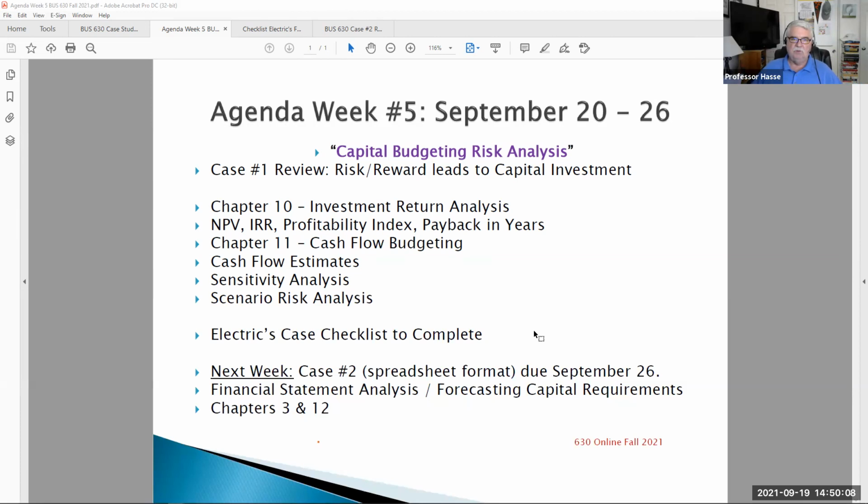Before we get into that, we'll review one more time case number 1, our risk reward, which leads to capital investment. What is the risk and credit status of a company? That leads us into the investment in an asset, which we looked at last week in our in-class or lecture review of that problem. Investment return analysis, trying to determine weighted average cost of capital, trying to determine project cash flow, and then putting that into a capital budgeting analysis to determine net present value, internal rate of return,